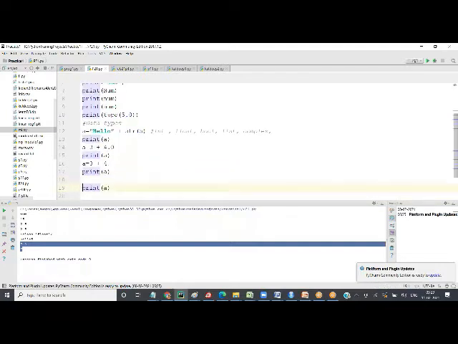So let's say I have a equal to 5. What is the data type of a? String, because I've defined it as a string. I want to convert it into integer. So let me print the type of a here.